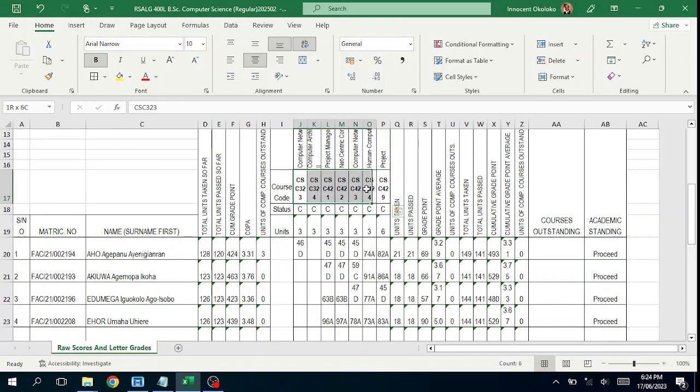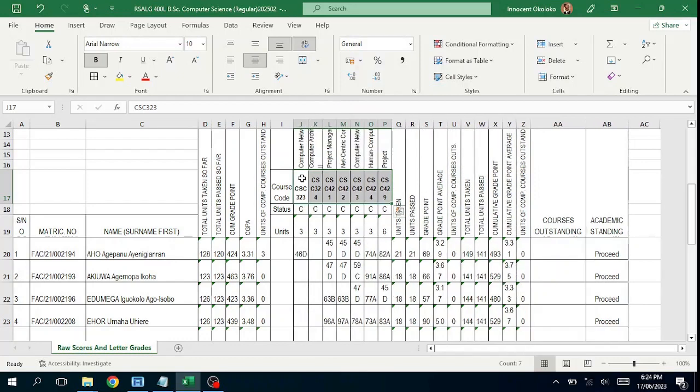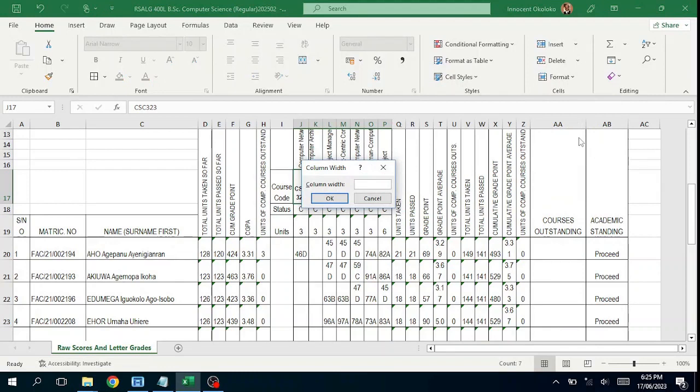Sometimes, depending on the resolution of your computer and the version of Excel, these things may not arrange automatically the way it is in the development software. It's supposed to be like the CSC, the letter code stays on top, the number code for the course stays below, and the C is here. So instead of you using your hand to adjust this manually, you can just select and you can say format column width,